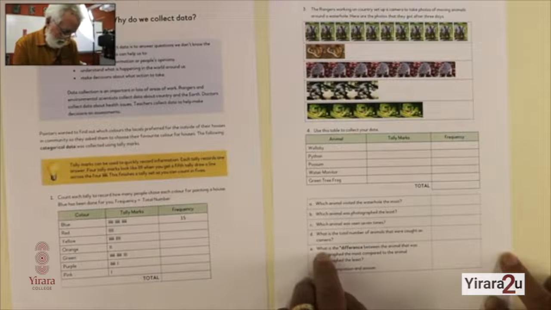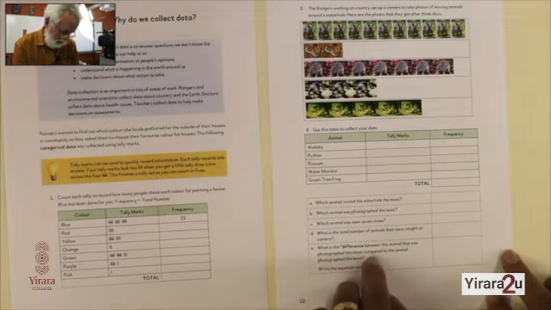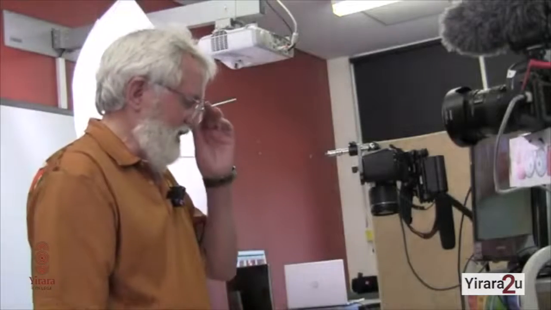And lastly, what is the difference between the animal that was photographed the most compared to the animal photographed the least? Write the equation and the answer like you did with the house, painting the house in certain colours. So, look, a little bit of work to do there, but I'm sure you're going to be able to handle that quite well, because it's all there in front of you. Put it down, add it up, put the tally marks,